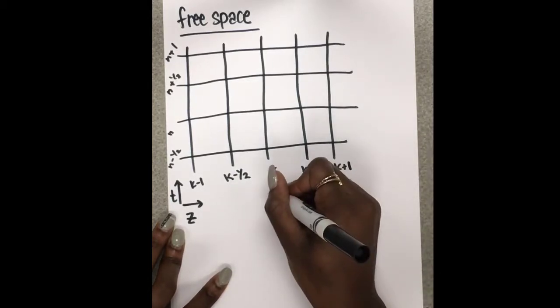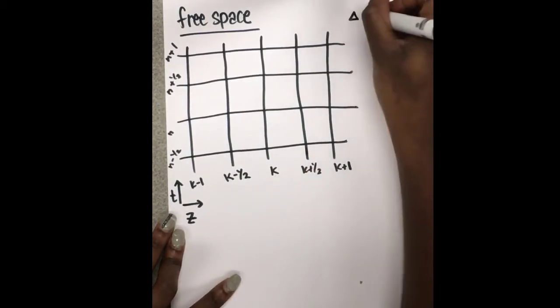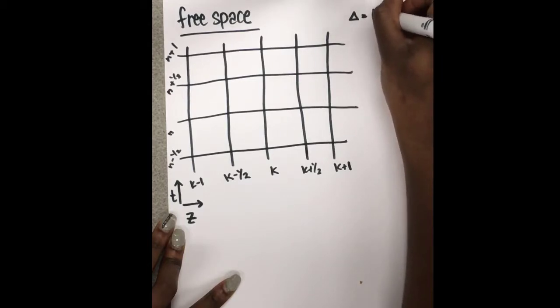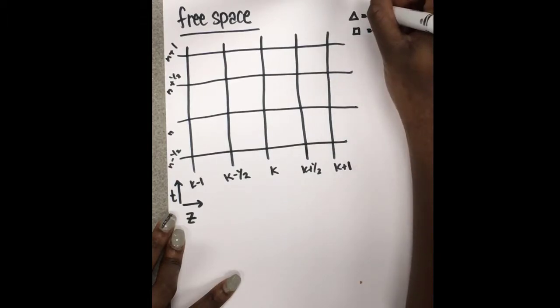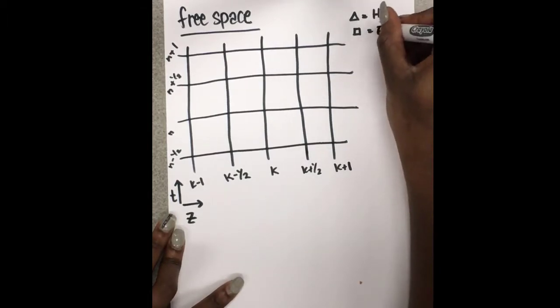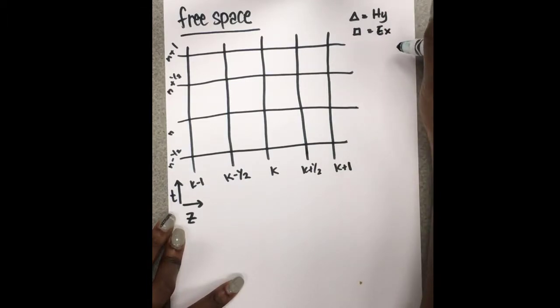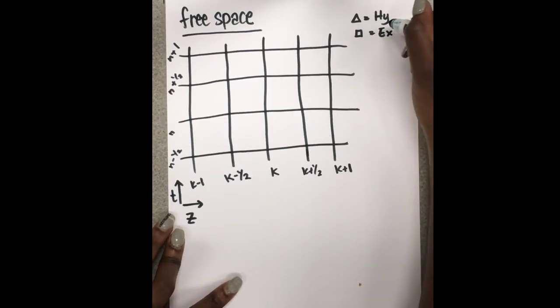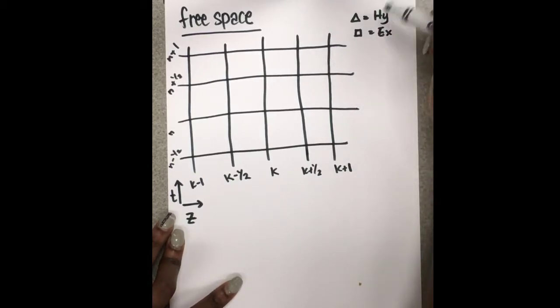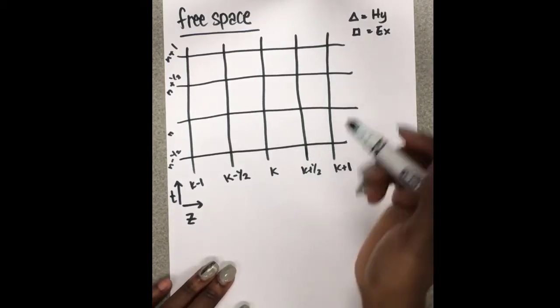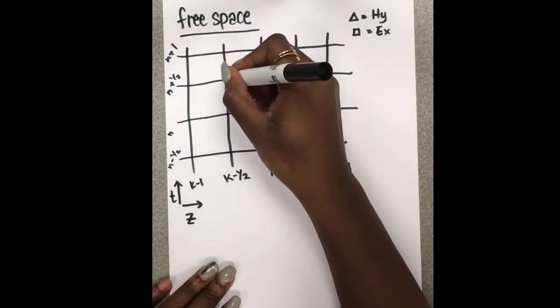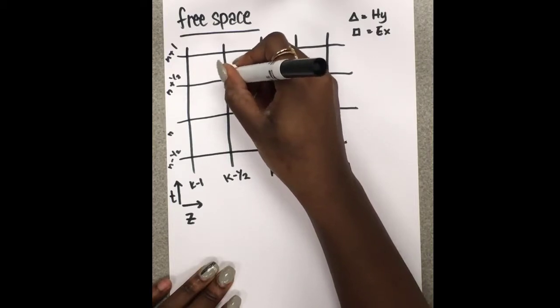And let's give us a legend here. Let's say that all the triangles are our magnetic fields, and all the squares are our electric fields. And because we are dealing with a one-dimensional FDTD analysis here, our electric and magnetic fields are in a single direction, as you can see. So for example, if we were going to find the electric and magnetic field, the combination of both of them at this point right here,